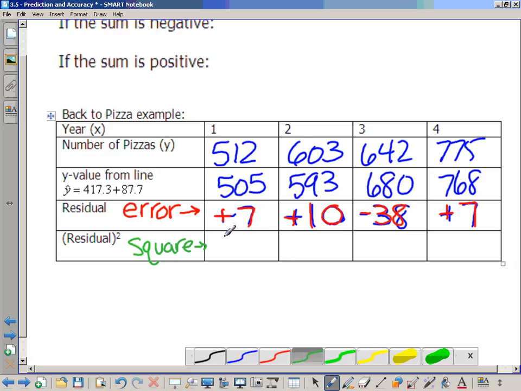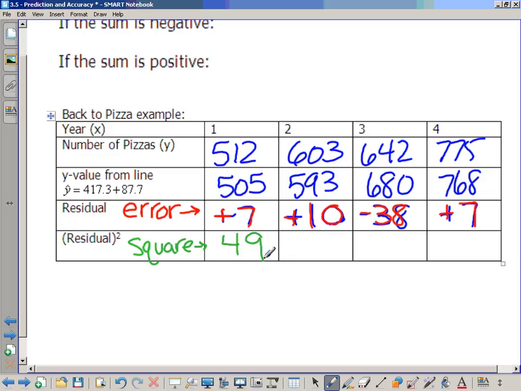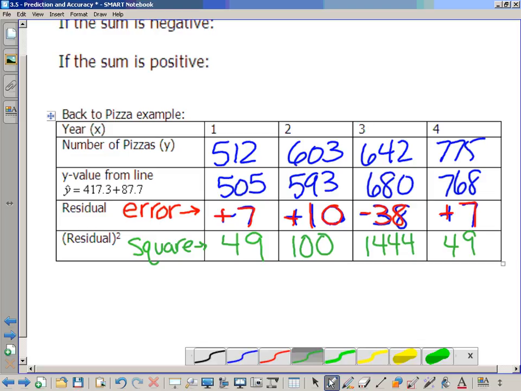7 squared, 10 squared, 38 squared, 1444, 7 squared. Okay, so we have the root mean square error, backwards: error, square, mean. It's time to find the mean. It's time to add all of these up,